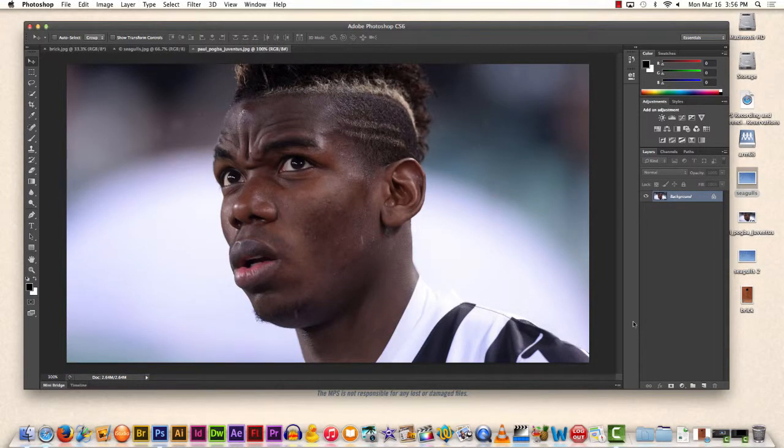Hello, and welcome to this tutorial of removing unwanted objects on images in Photoshop. Let's begin with this image of wonderful French midfielder Paul Pogba, who right now plays for Juventus. I'm going to teach you how to use two different tools that might help you to remove unwanted objects of